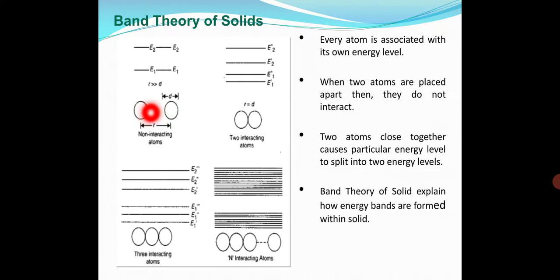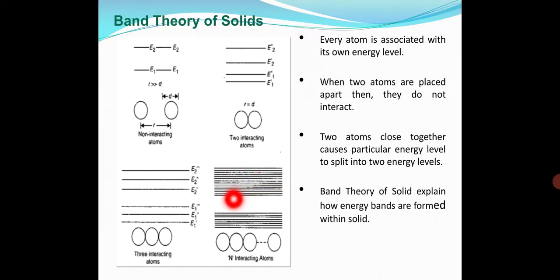But if these both atoms come closer, come together, they interact with each other, and the distance between them becomes equal to the radius. So both are contributing their electrons with each other. Then what happens? These energy levels are split up into two. So E1 is split into E1 and E1 dash, and E2 is split into E2 and E2 dash. If we come closer again, interacting more than two atoms, these energy levels are split into three levels. Again E2 will be split into three energy levels, and if we bring